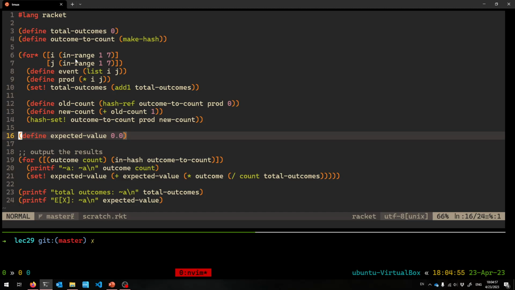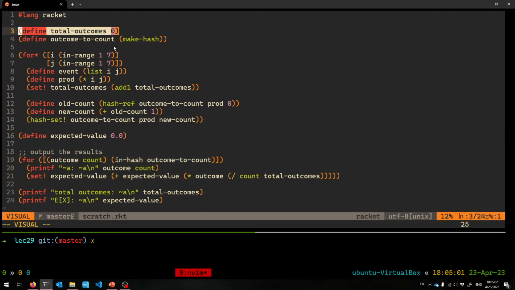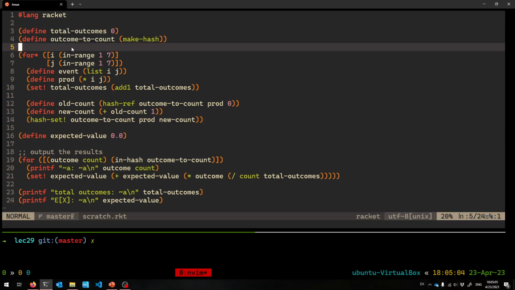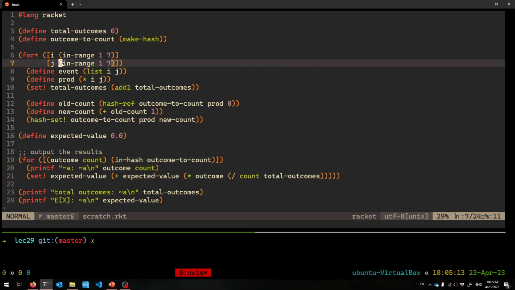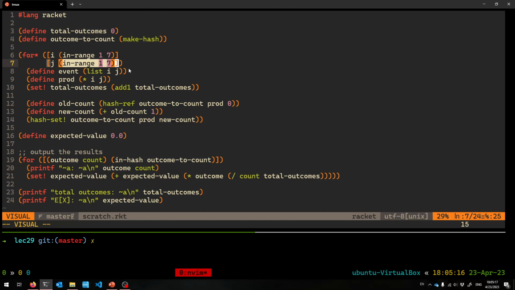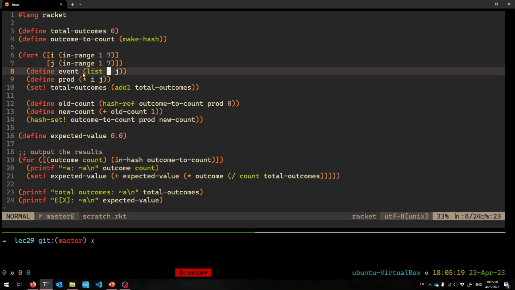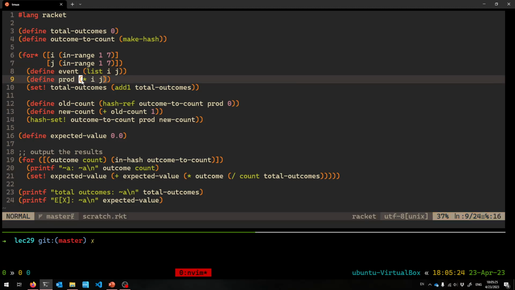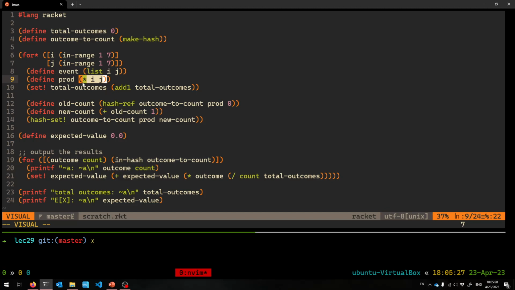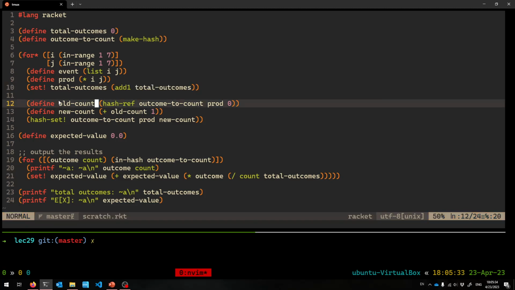Let's see here. So this is just going to be a loop. This is a loop in Racket. I'm going to keep track of every outcome, and I'll make a hash table of all the counts and things. But i is going to be the first dice, or the first die. It can range between 1 and 6, and it's going to be a nested loop. j is the second dice, the blue die, and it will range between 1 and 6 as well, because that's what you can get on a die. And the event is that roll, essentially, but the value of the random variable is the product of those 2 dice. And we're going to keep track of the number of rolls, the number of different outcomes. It's 36, of course, and the number of different ways that we can do things. It's 36, and then